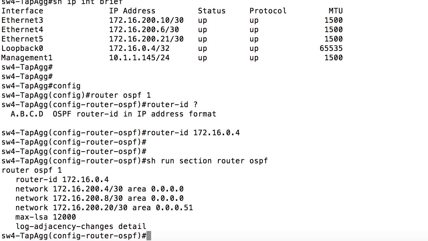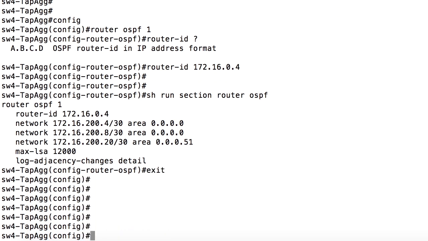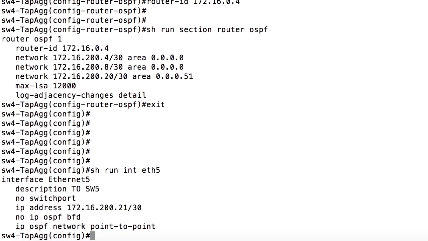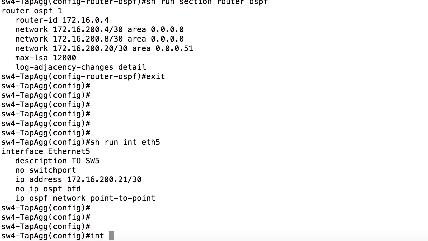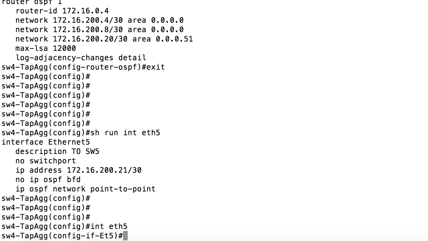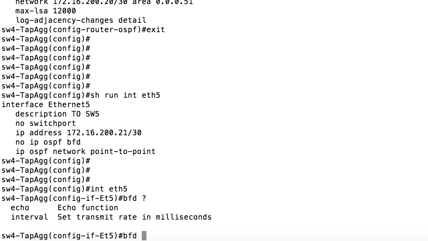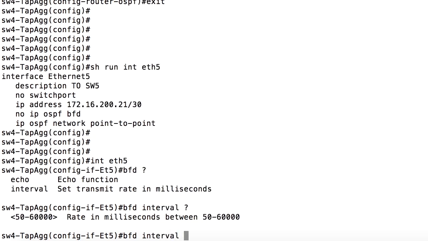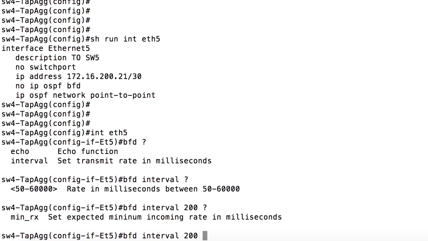We'll use the connection between switch 4 and switch 5. So here on switch 4, if we issue the command show run interface Ethernet 5, we can see that we don't have BFD enabled. Interface Ethernet 5, enter, and then BFD space question mark. And we have the echo function as well as the interval. Let's set our interval. If we type interval question mark, we can see our rate is in milliseconds between 50 and 60,000. So here let's use 200